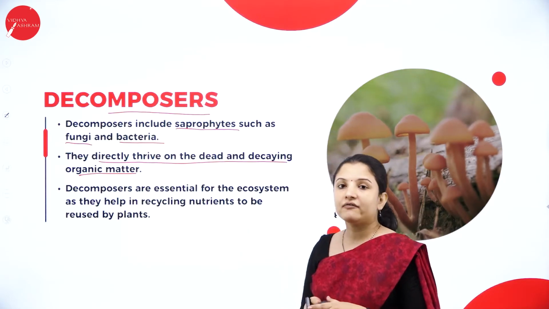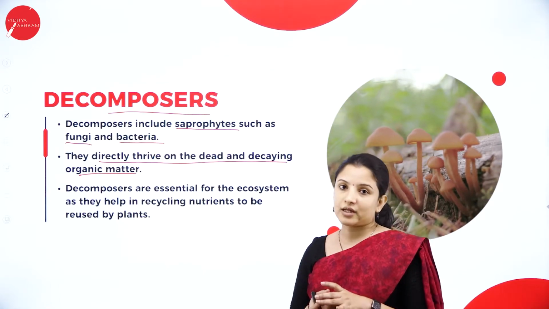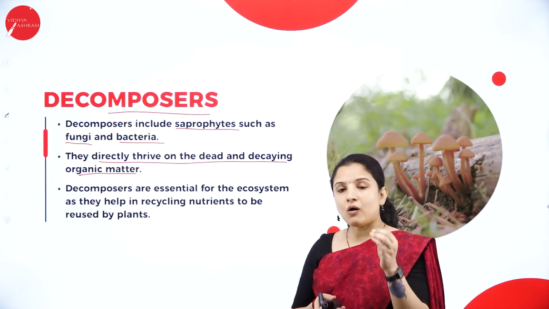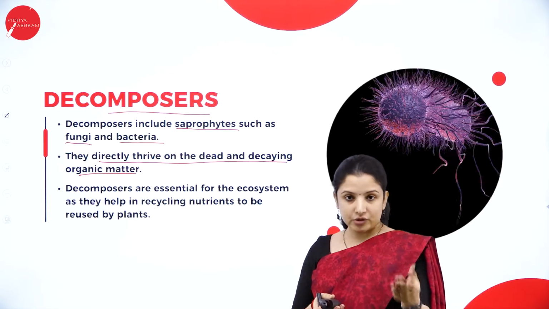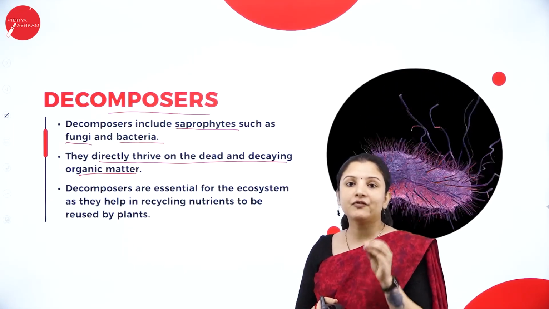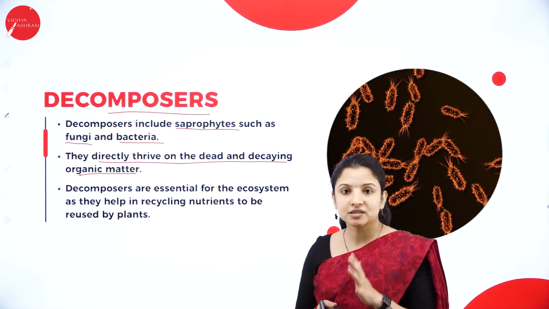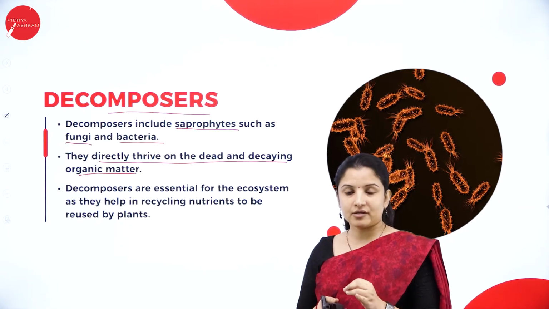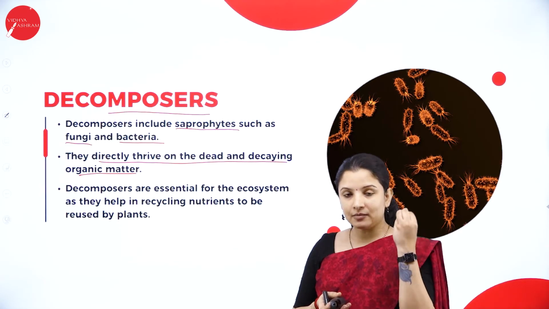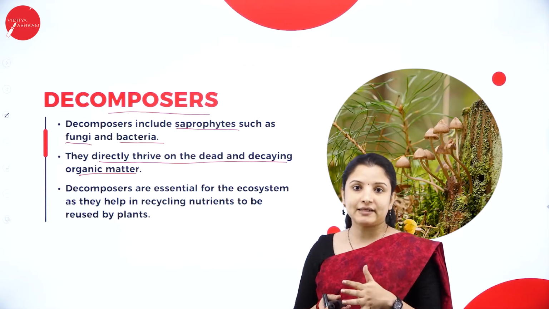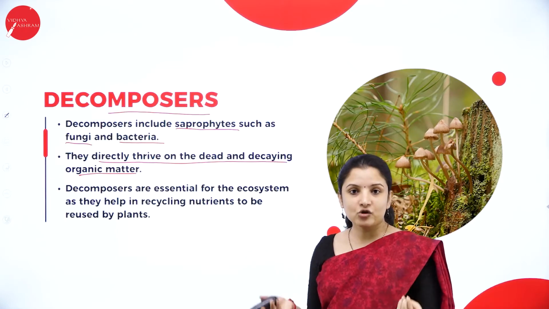And decomposers are very, very essential for the balancing of an ecosystem. Otherwise, what would have happened? Say, for example, all the organisms, be it we human beings, animals, the green plants, the producers, the consumers, each and every living organism or biotic component in this world tends to die after a certain period, once their lifespan comes to an end, right? So when they die, imagine if these decomposers were not there, this planet would be filled with dead animals, dead birds, dead insects, dead humans, right?